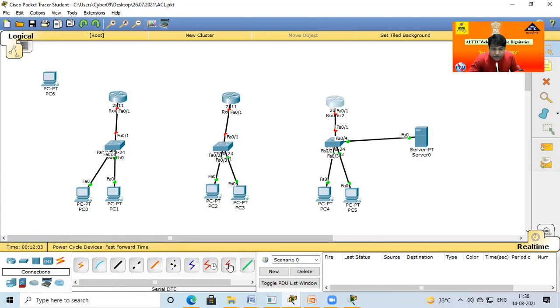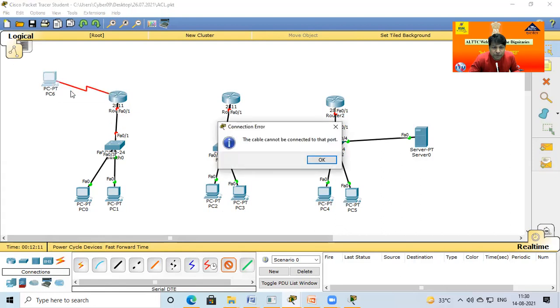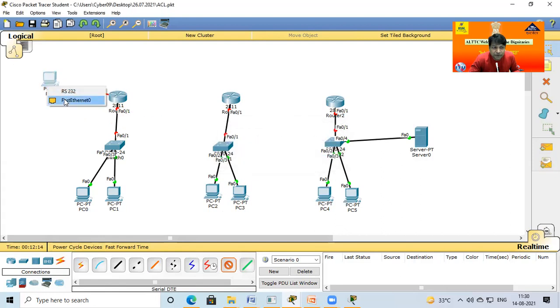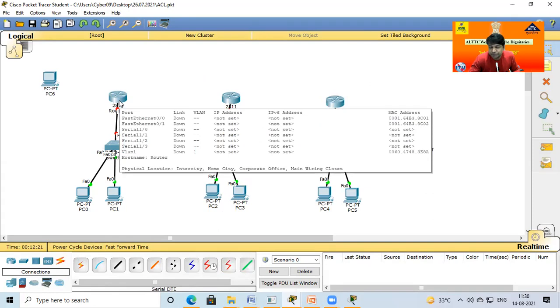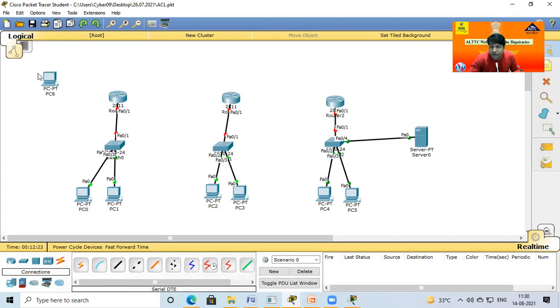In this case a DTE cable is used. This is the serial port, and this is the RS232 port. This port is not available on the router, but on a computer you can look. So if you want to connect a computer to this router, this is the user, and in this case you can use DTE. Terminal equipment means user equipment, and communication equipment is router to router, router to switch. This is communication equipment. But you can put any cable, no problem.